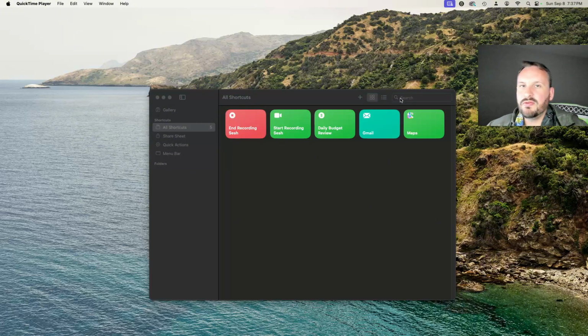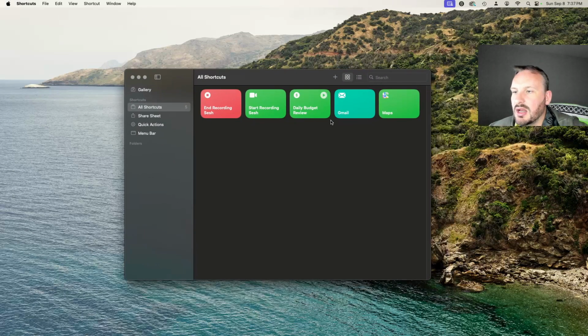So after we move the files, then we're going to rename them sequentially in the order in which they were made. So the earliest recorded video is going to be renamed clip 1. The second oldest is going to be named clip 2, so on and so forth for as many videos as we record. The way that we do that is we're going to need two different shortcuts that I've written here